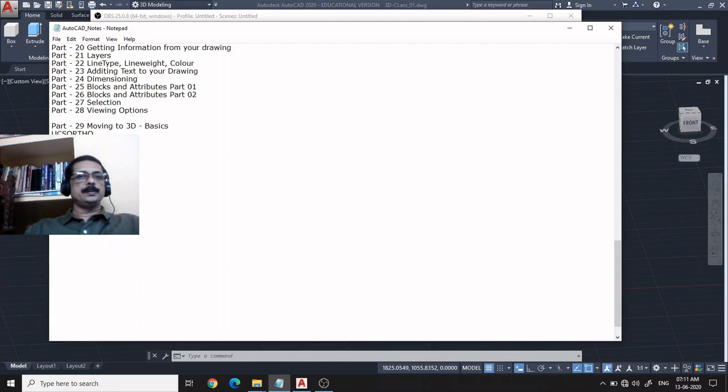In the last session, we had discussed different types of 3D models or 3D drawings that you can prepare in AutoCAD, and we also discussed an important concept, that is UCS. While preparing a 2D drawing, the UCS was not of much relevance because we are always drawing in one plane, the XY plane. But if you are thinking about 3D drawing, we have one more dimension coming up